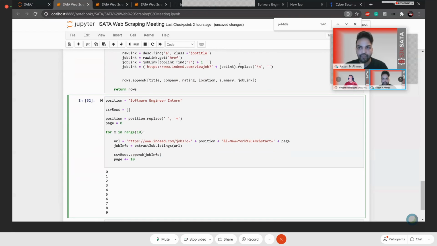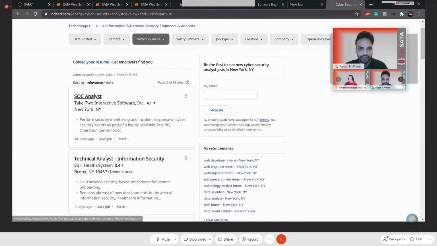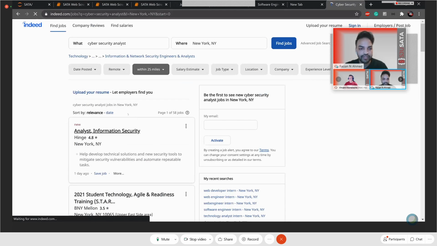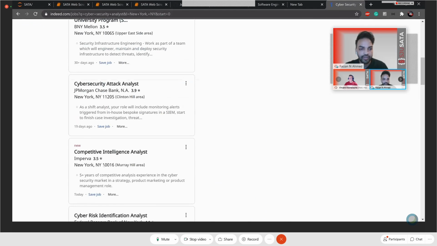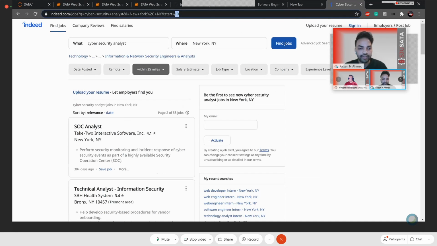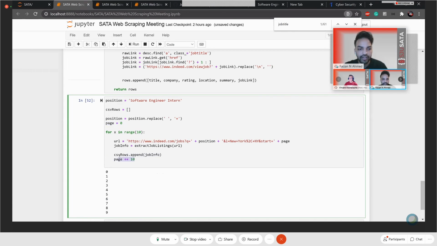So the reason why I'm doing this for each page is kind of important. This page variable is initially 0 because I'm starting at page 0, so this is the first page, right? If I scroll all the way down and go to the second page, start equals 10. So for each page, that number goes up by 10, which is why I'm doing that here. So this also means page equals page plus 10, and that's basically all it is. Now,